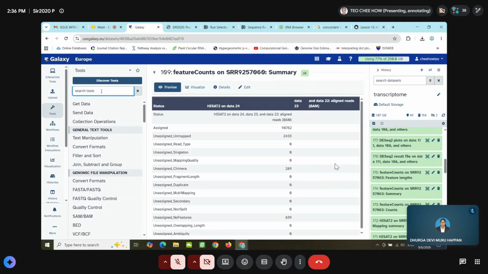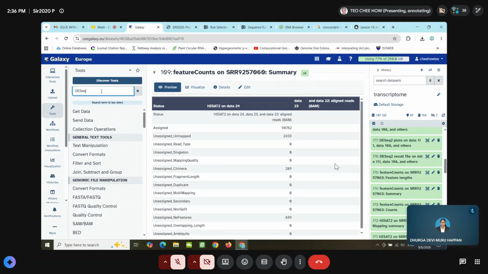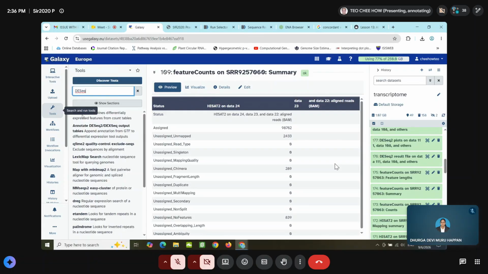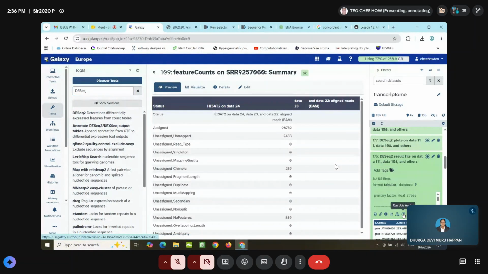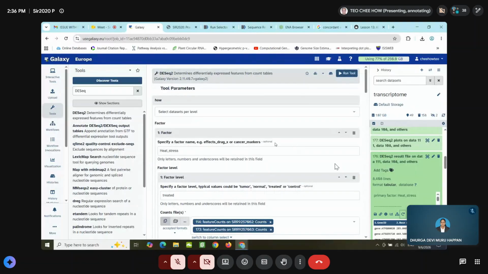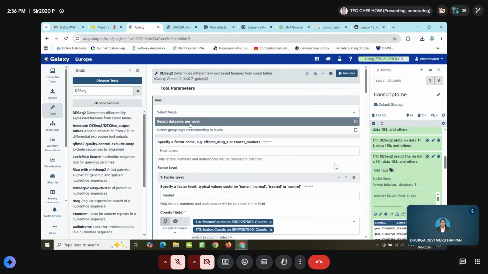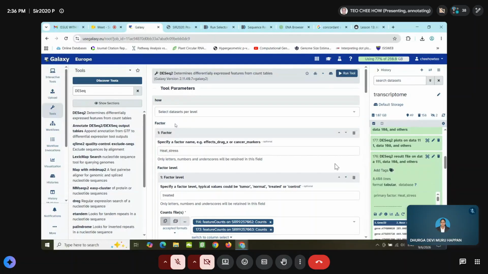You just type here DE-seq2. So you can use DE-seq2 to run the DE analysis. How you want to perform the DE analysis in here, you use this one, dataset per level. Now you can simply put there are two different factors.